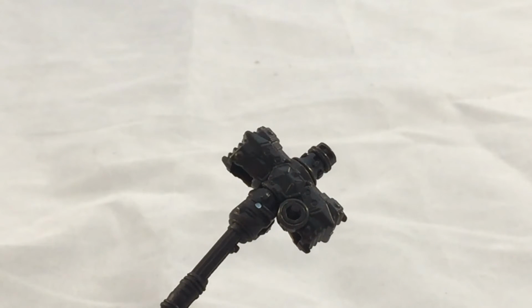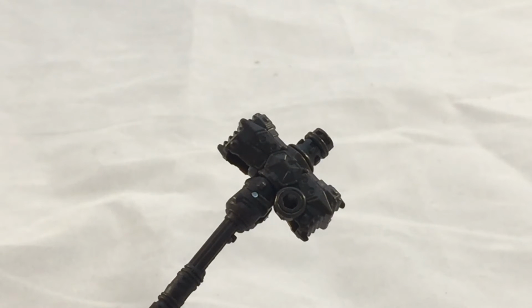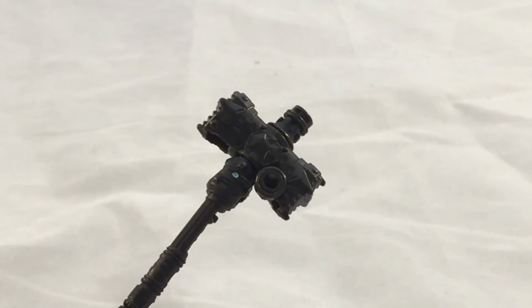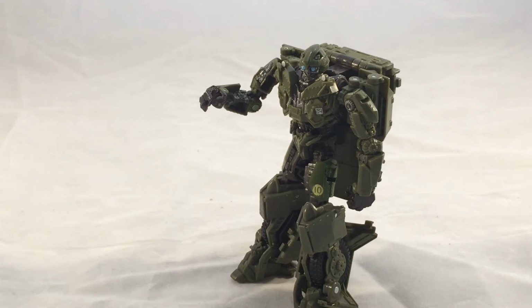You'll notice that I've got him posed with his hammer. I'll admit this is a very lovely hammer, and it's very nice to get it out of the box as opposed to having to buy an overpriced Japanese exclusive version or a hard-to-come-by upgrade kit. But the reason I'm not saving it until later is because it's mandatory. I'm quite literally using this for balance, as without it...